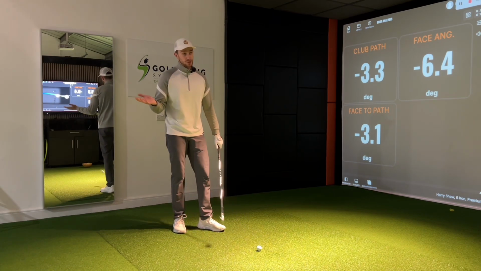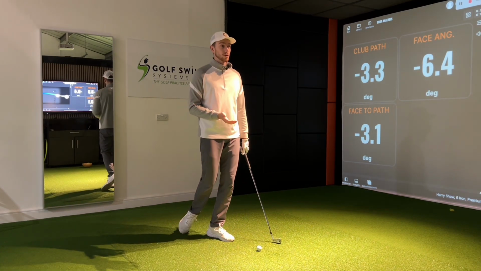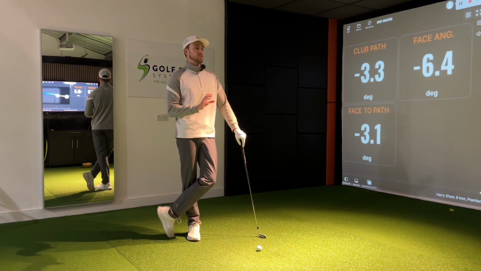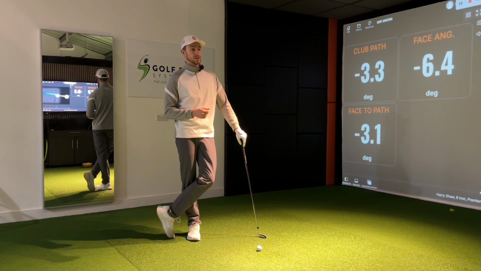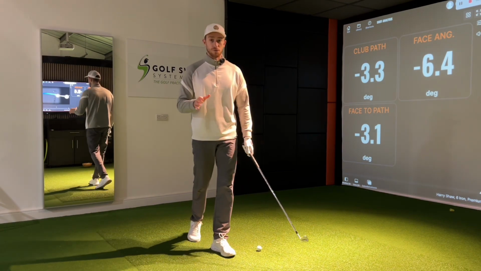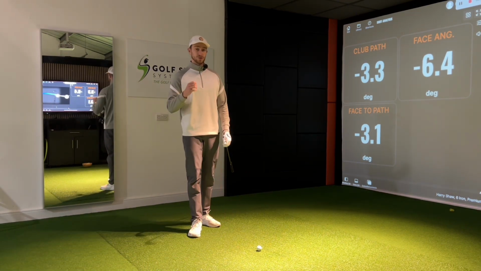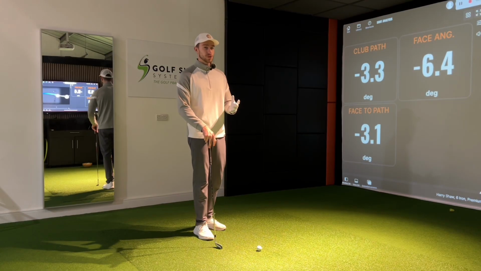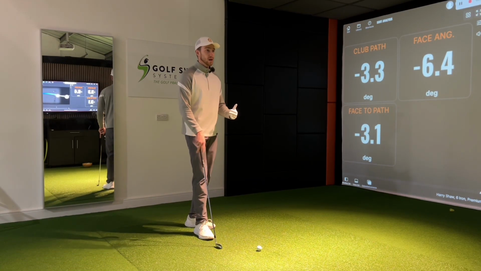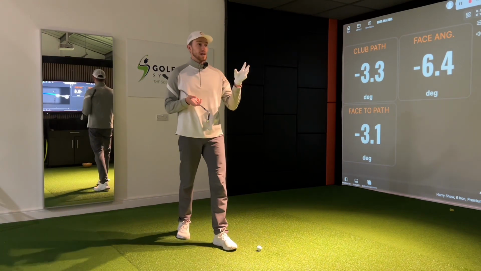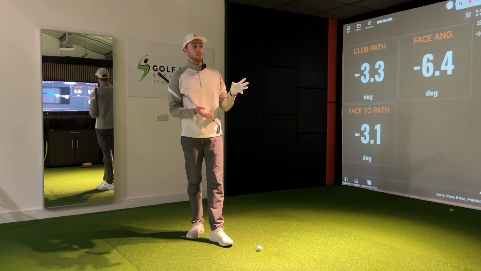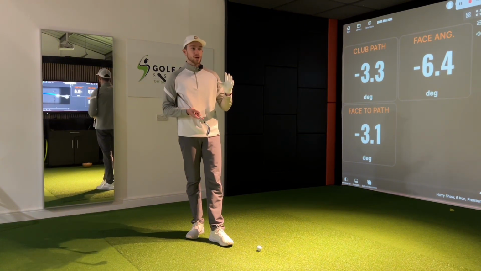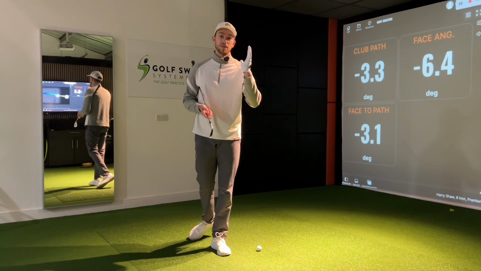Now, me trying to produce a fade, which is probably going to be a pull hook when we have a look at the shot in just a sec, but the face to path ratio is minus 3.1 degrees. And we want the face to path ratio for a fader of the golf ball to be around 2 to 2.5 degrees in the plus. So the club face is open 2 to 2.5 degrees in relation to the path. So to produce a solid fade from that club path, I need the face angle to be around minus 1.5 degrees, ideally, or maybe a little bit more,